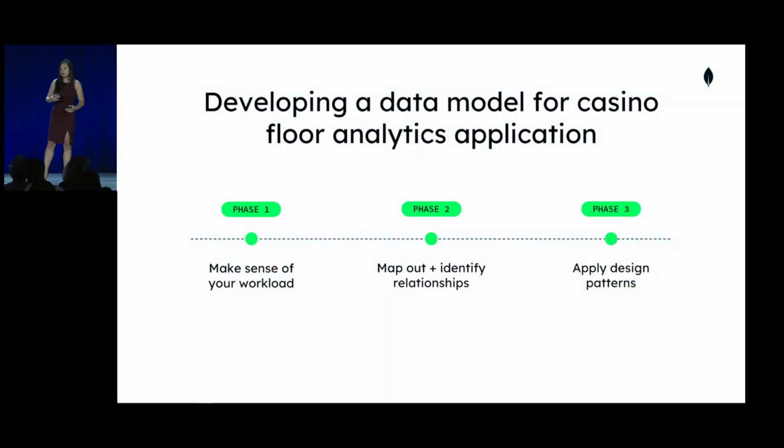And so that is how we have applied this. This is the first iteration of applying this methodology to our example. We will continue to go through these steps as we need to apply them. If we were experiencing performance issues, for example, we might need to go through them again and maybe apply a few more design patterns to our data model.